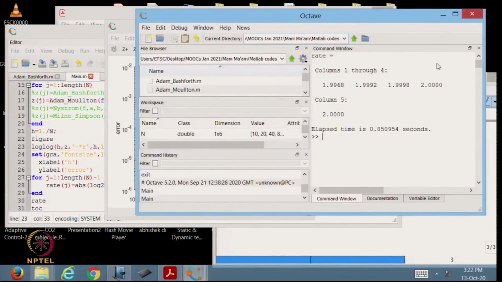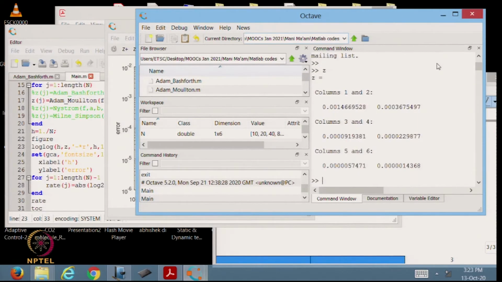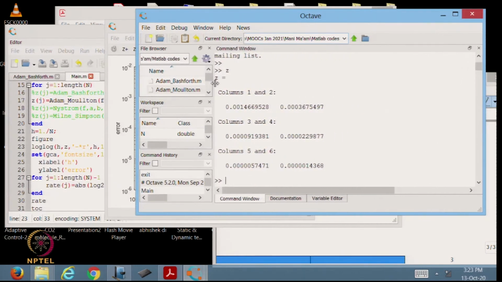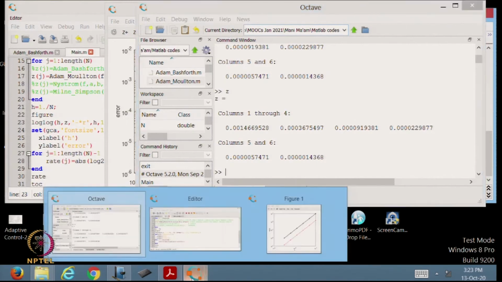Okay. So, here again let me type out the error, sorry z, the error is stored in z. So, let me type out z. You can see that z stores the error corresponding to different values of h, which I have already mentioned here.